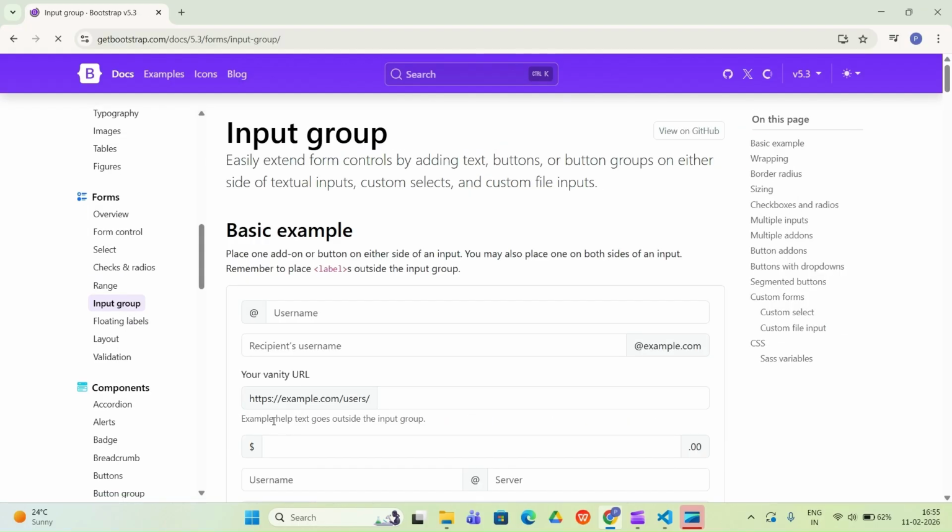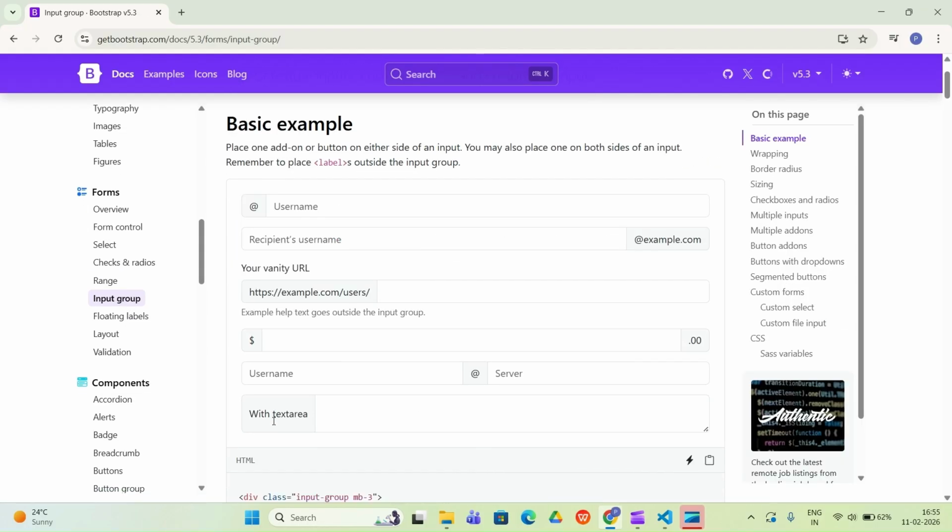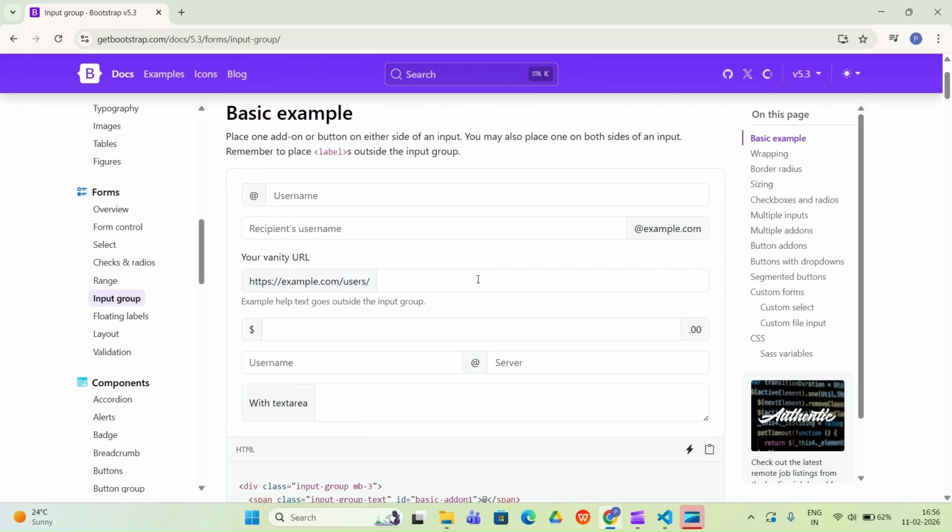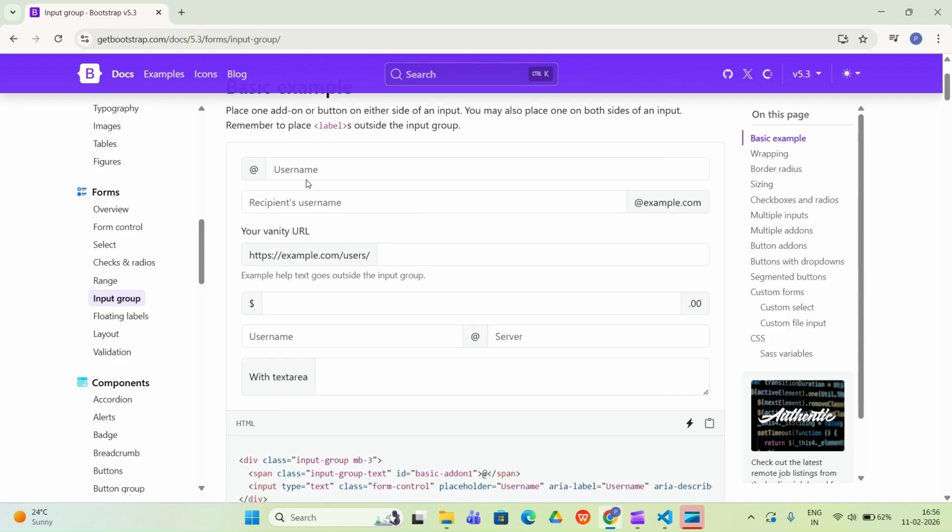We have then input groups. Here you can see a full-fledged form is already provided, so if you want, you can use it. This is basically a username. This is an email address, and you can write your own email address here. If you want to add some dollars, like money, and some things.